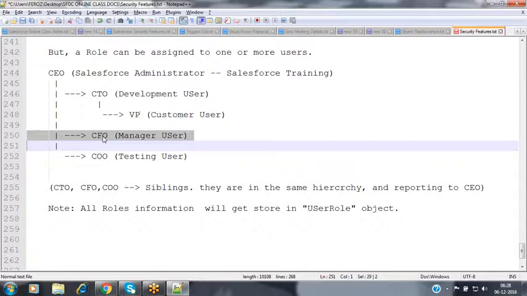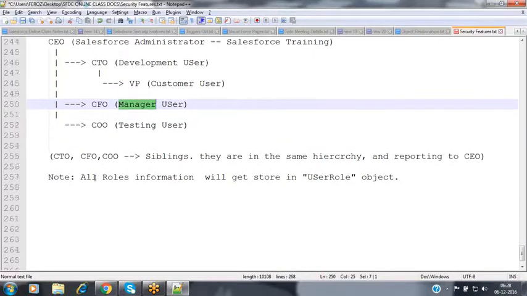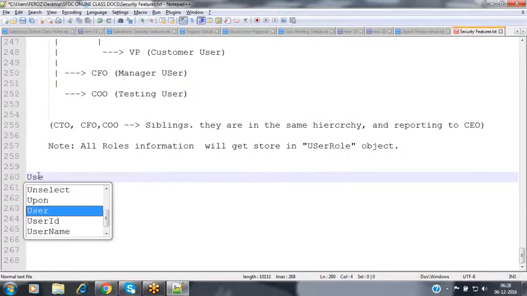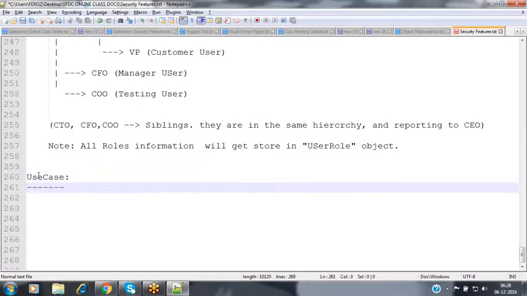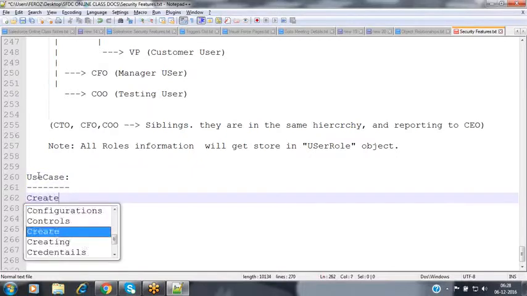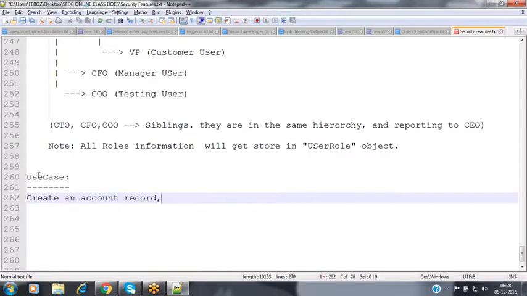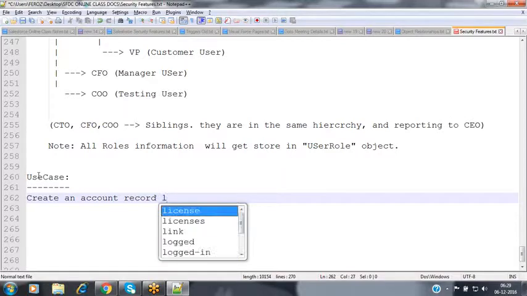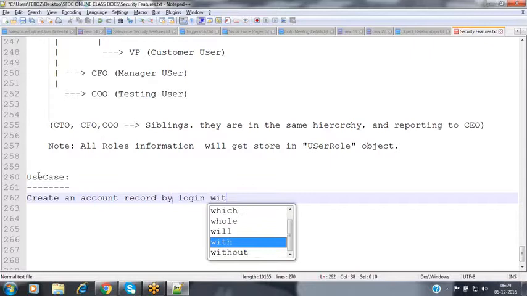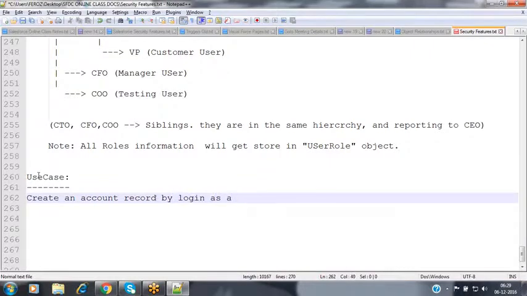Now let's see what will happen in this case, and how we can restrict that visibility. Now let's see practically. Now I want to log in as a manager user. I'm giving that use case right now. Create an account record by logging in as the manager user.